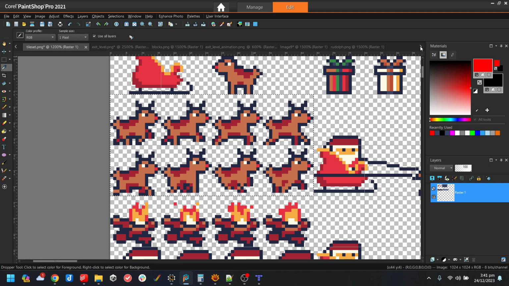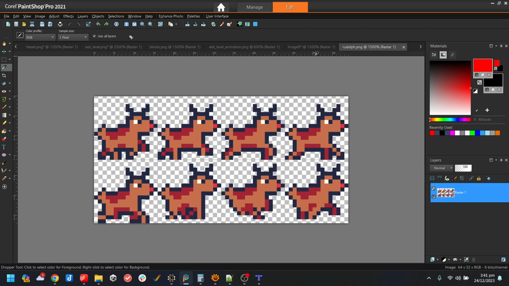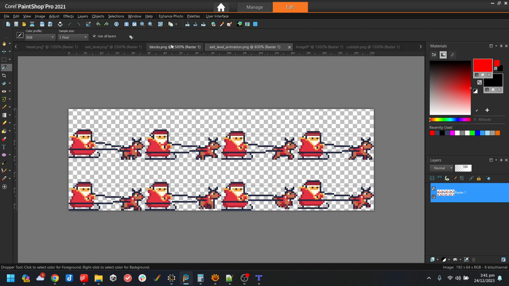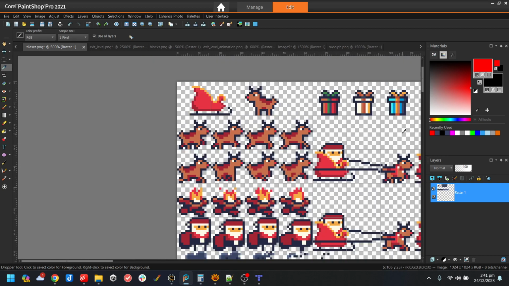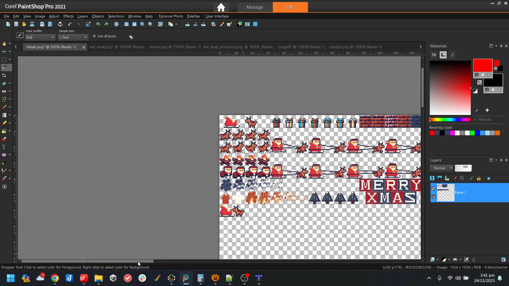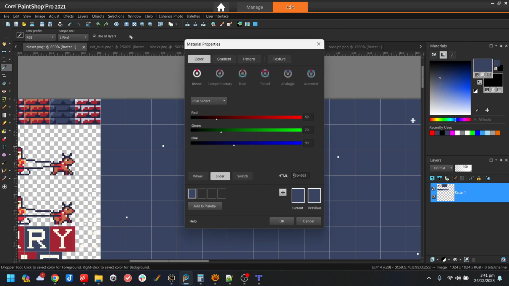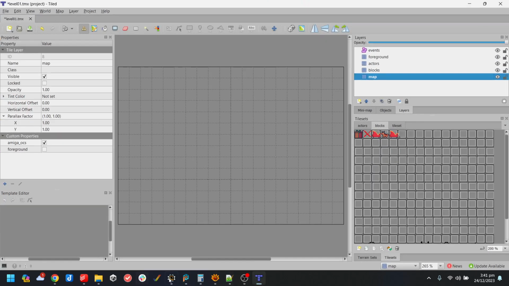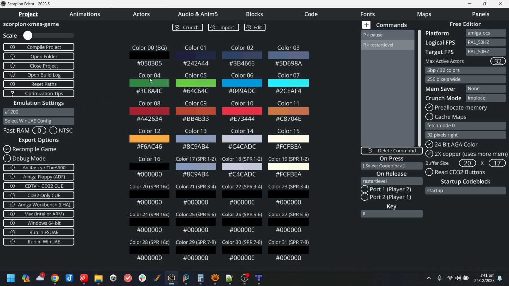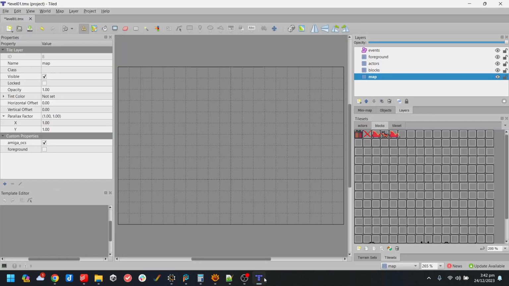So I shouldn't have the level having a tiled background. It should be just the parallax background. So let's just grab that for. I'll just put that in as that, and